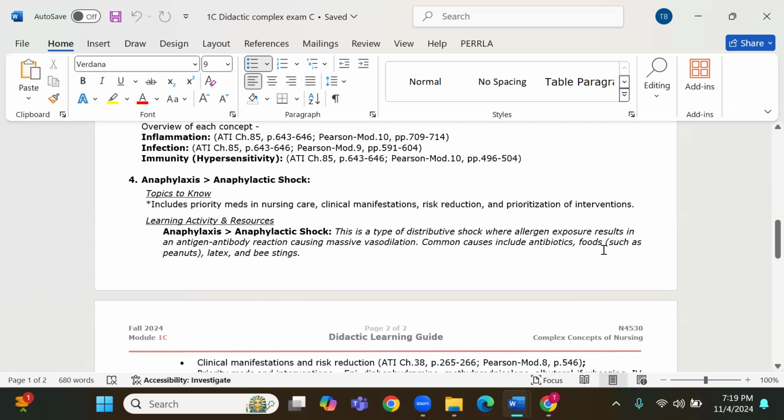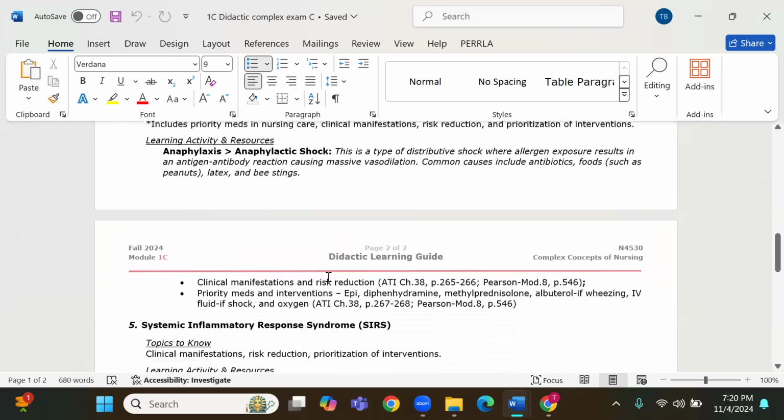Foods like peanuts and nuts. Latex: a lot of latex allergies you'll see written on patients' charts. I always ask, what does latex do? And they'll say it just makes my skin red. To me that is not a true allergy. If you had an anaphylactic reaction, that would be. And bee stings are one of those. So clinical